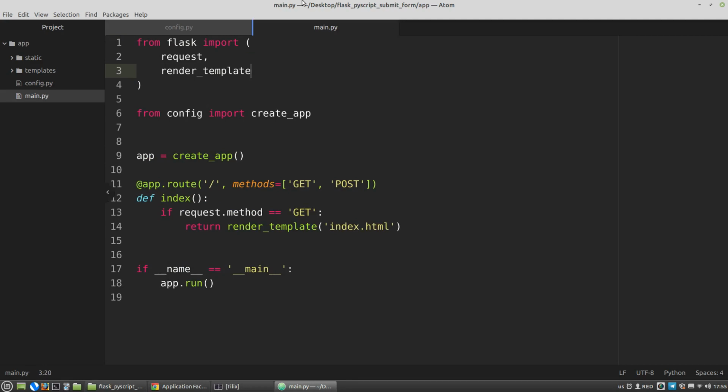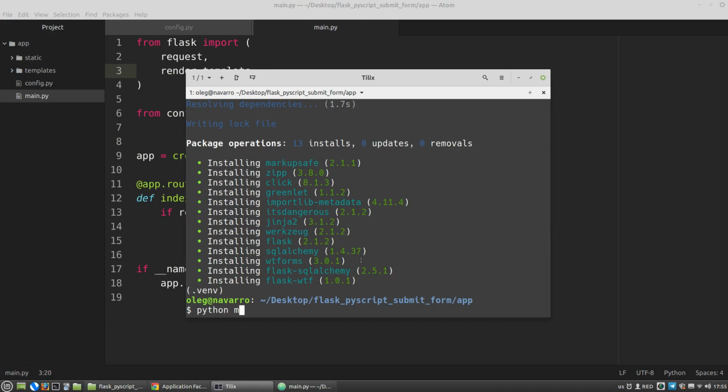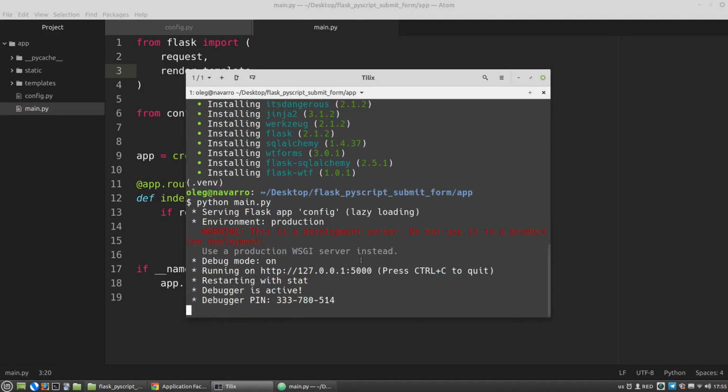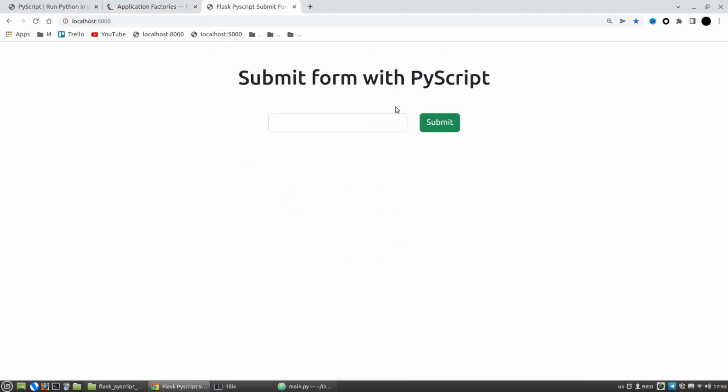And now we can test our project. Okay, it works. Now I want to create a model, create a table in a database, and create a form